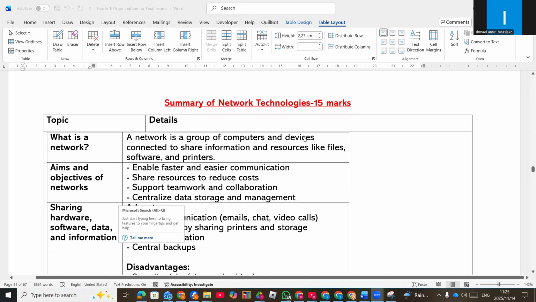Greetings. Today we are going to look at the summary of network and internet technology that you need to know